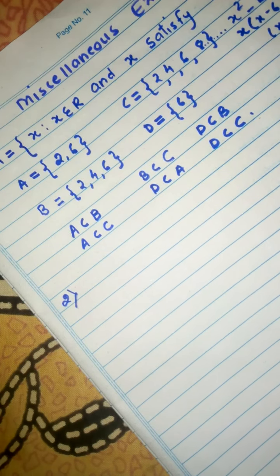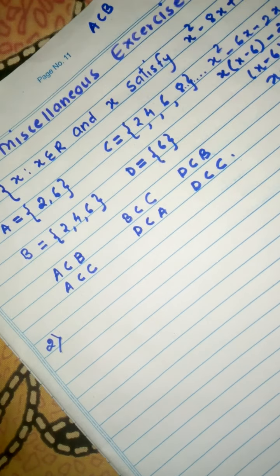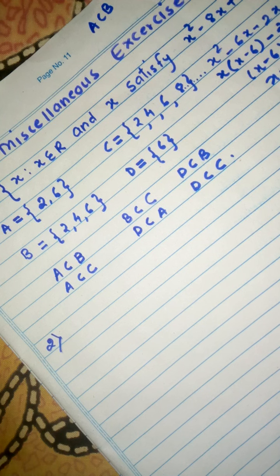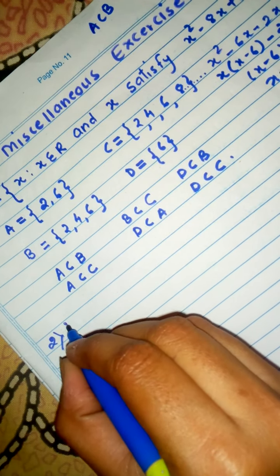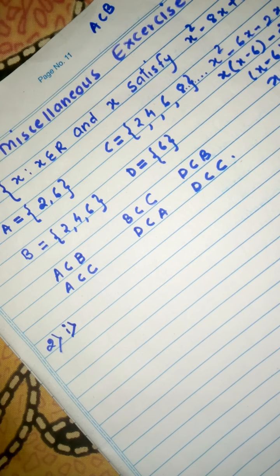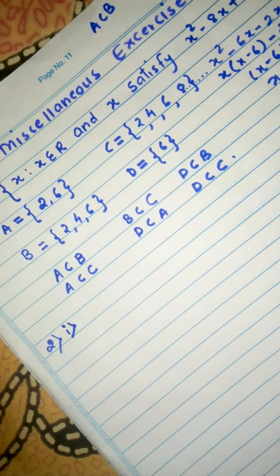So what we will do is understand every statement given in question number 2 by an example. If that example does not hold for the statement, we will say it is a false statement, and that will be the counterexample. If an example satisfies the given statement, then we will prove it. It's always better to understand any statement using an example.